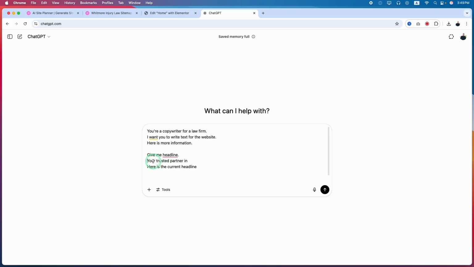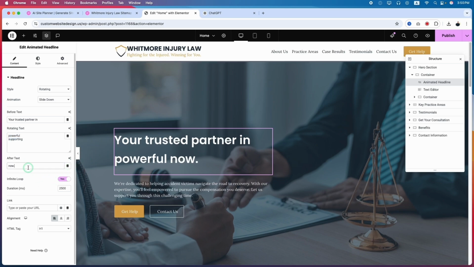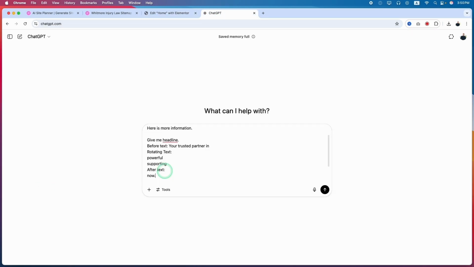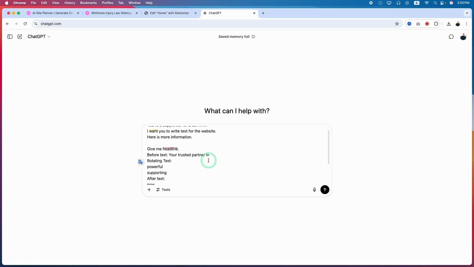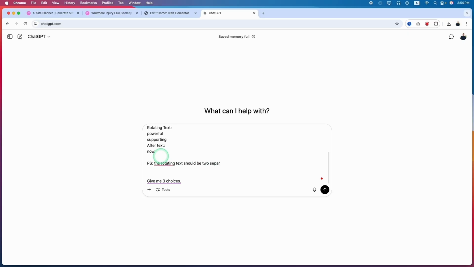So here will be the before text, then we have rotating text, powerful, supporting, and now we have the after text. The after text will be now, and this should be the current headline, and I have to add PS. The rotating text should be separate text. This is an